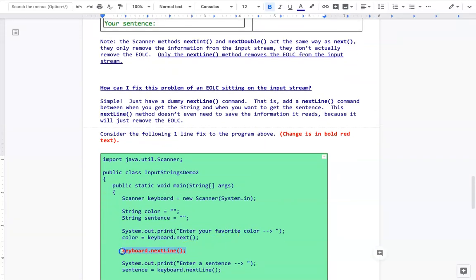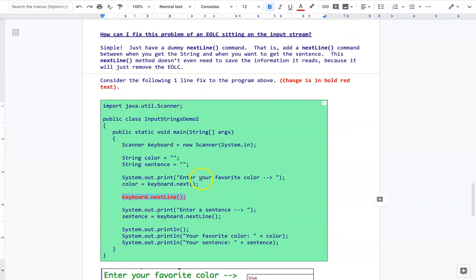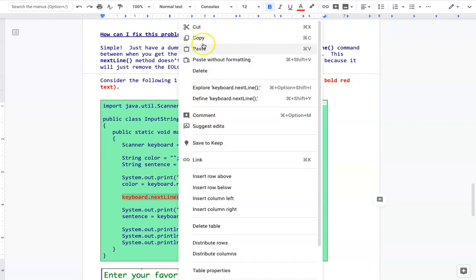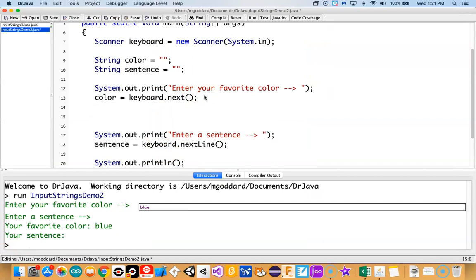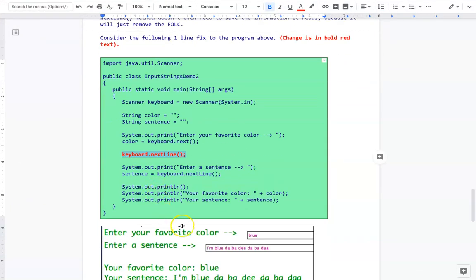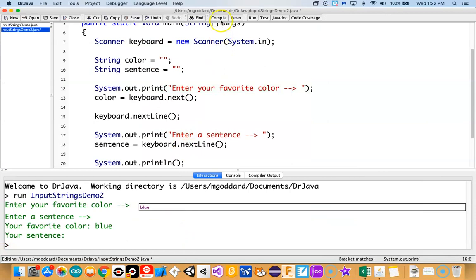All right, so keyboard.nextLine, and I've got this between where we do the keyboard.next and when we ask for a sentence. So I'm going to copy this and then add that line of code right here. And so keyboard.nextLine, and I'm not even going to save it anywhere. I'm just going to say keyboard.nextLine, and that will remove that EOLC that occurred whenever I typed in blue and then hit enter. All right, and so let's go ahead and compile this